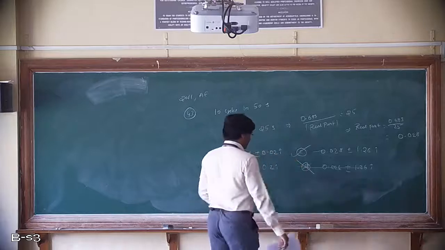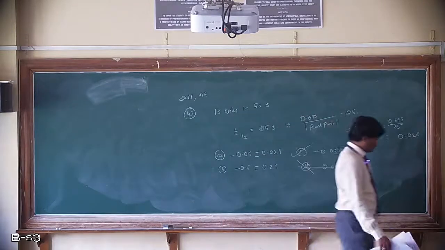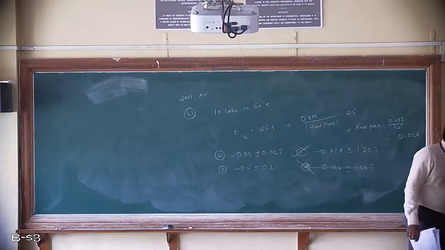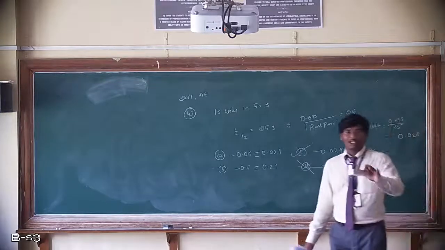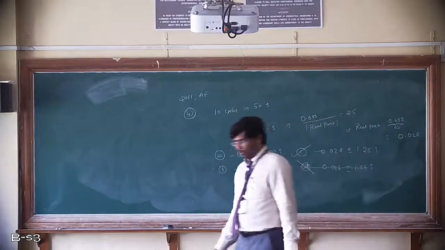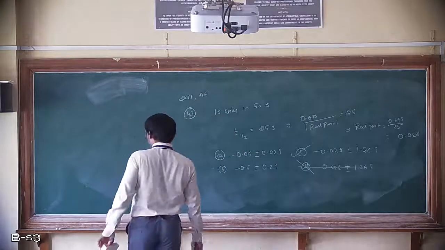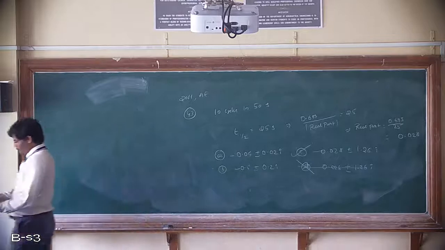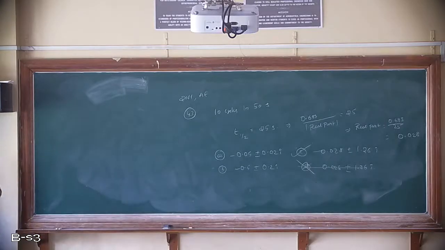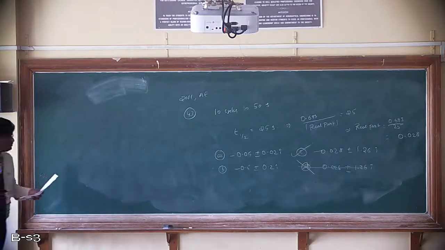Everyone? Any questions? How much time will it take? Hardly fractions of seconds. So we'll achieve 2 marks. No doubt. Very, very easy and scoring also. The problem is you have to understand what the characteristic equation is. You have to understand system dynamics. That is very, very important. Is it clear?